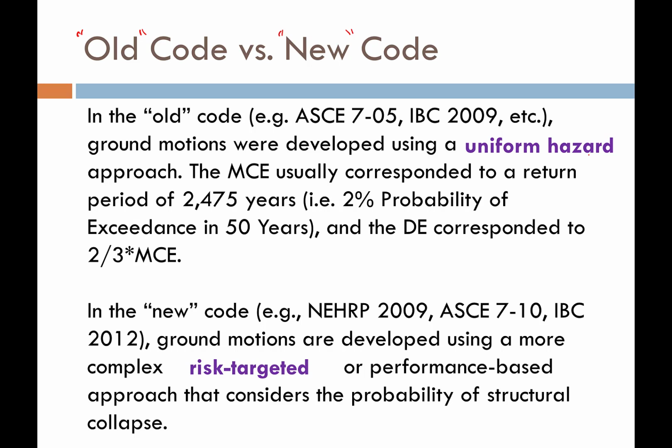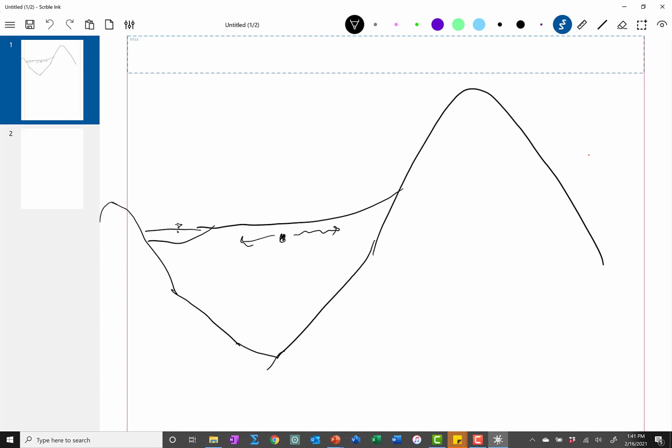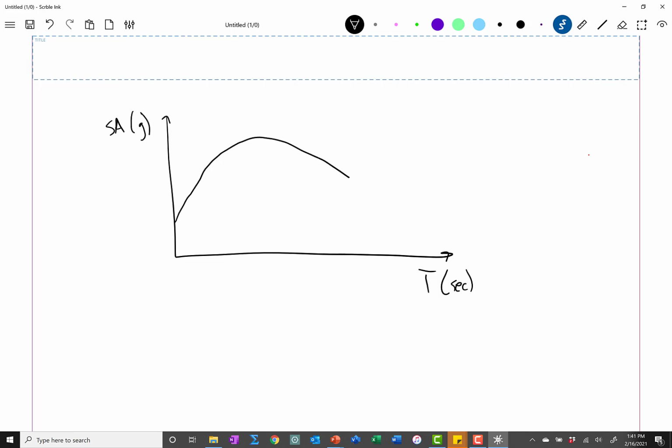And so the idea with uniform hazard is that if I have a response spectrum that has period in seconds and spectral acceleration on the y-axis, and I have some response spectrum that looks like this,